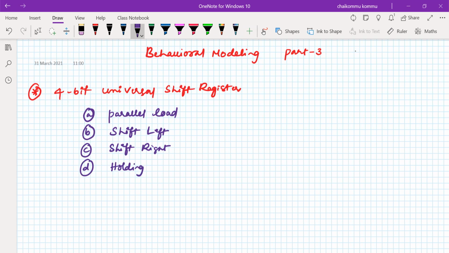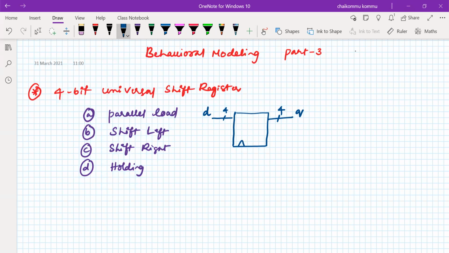So in order to do this, we need to know the block diagram. Of course, in order to do the parallel loading, the data is required, that is called data in. For example, it's a 4-bit size, and we should get D out, that is also a 4-bit size. For simplicity, instead of D out, I will write Q. Instead of data in, I'll write D, data input is D.